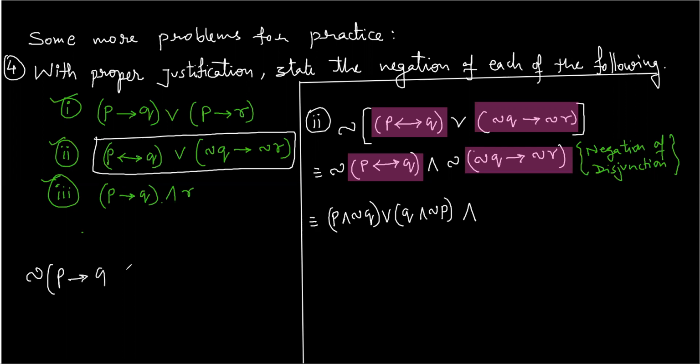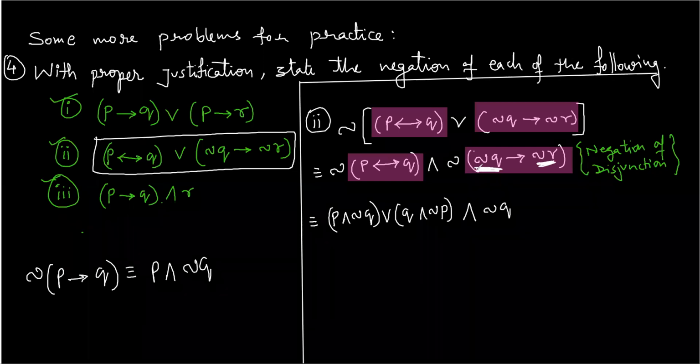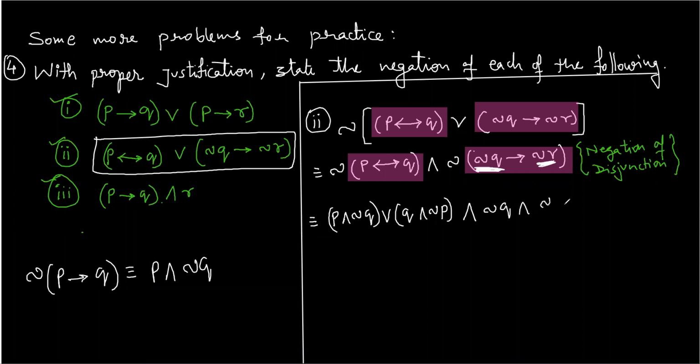Negation of P implies Q is P and not Q. So here, if I have negation of this implies negation R, it will be this and negation of negation R. So I will have negation Q. Nothing happens to this; you write this as it is. This and negation of negation R. So what is the next step you get? You get P and negation Q, or